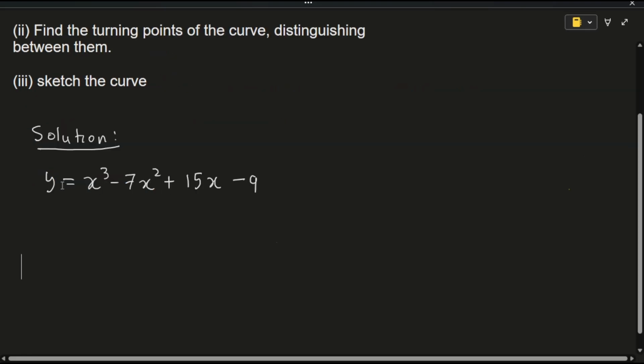Now, this is a cubic polynomial or a cubic function, and generally their domain is the set of all real numbers, which means that any value of x substituted in the equation will produce a valid outcome. It is also important to note that for a polynomial function with integral coefficients, a leading coefficient of 1, and a non-zero constant term, the zeros of this polynomial must be the factors of the constant term. So the factors of 9